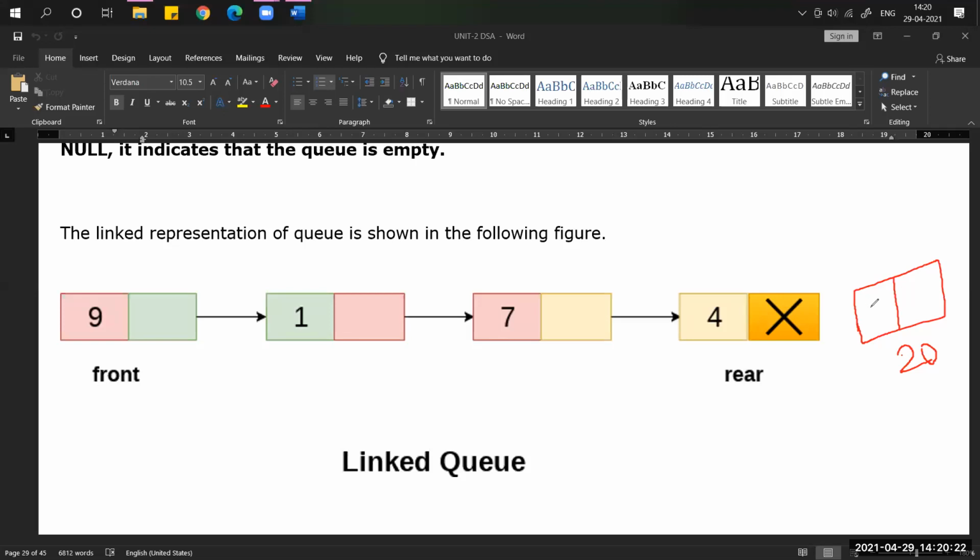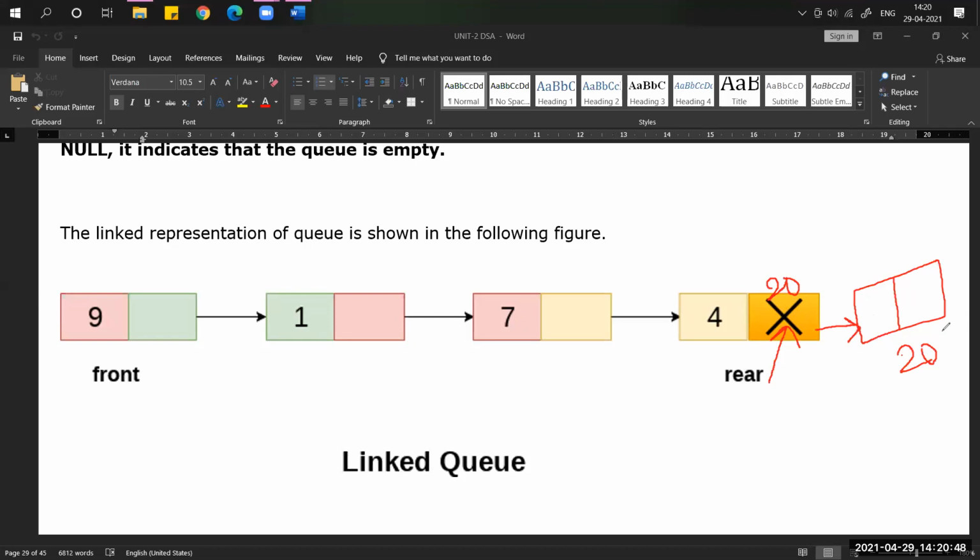Now if I want to insert my new node at the last, what do we have to do? What is the previous name? Rear, right? rear->next, so I'm accessing this location. Now what do I want to store? Our new node address, which is 20. Now it is connected to our new node.